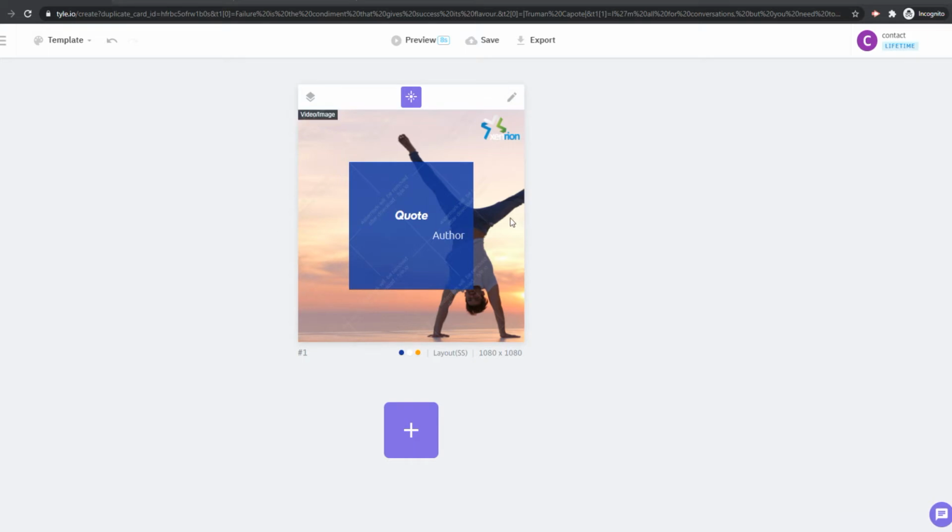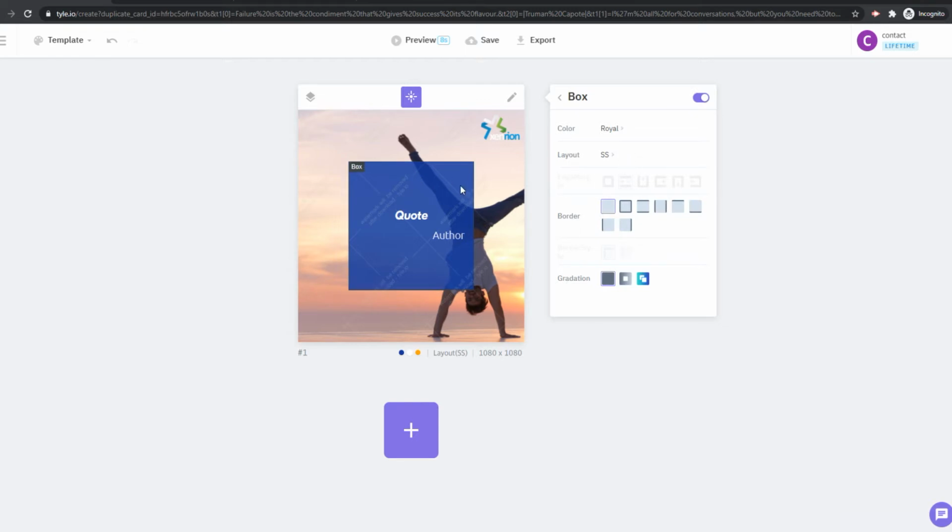So you will be starting off with a base template over here. I have selected the Tile template which I am comfortable with for this video. So I'm using this template with the box, and the color is what I require. I placed the logo on top. I have reduced the title scale because the quote we'll be adding will have few words, say 10-12 words over here, so we'll be reducing the scale size a bit. The author name can be as required because it would be just 2 or 3.